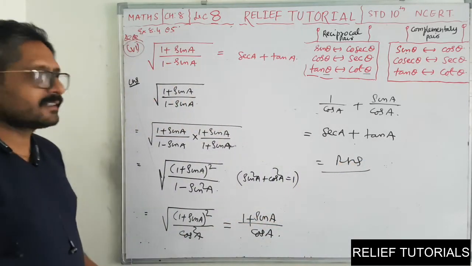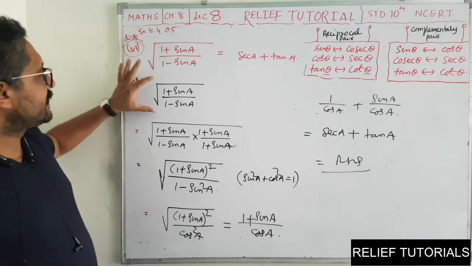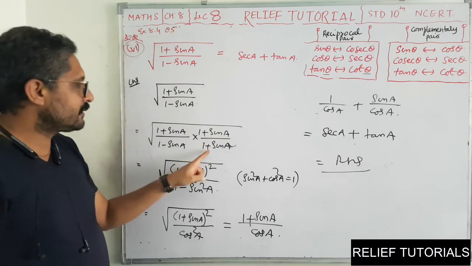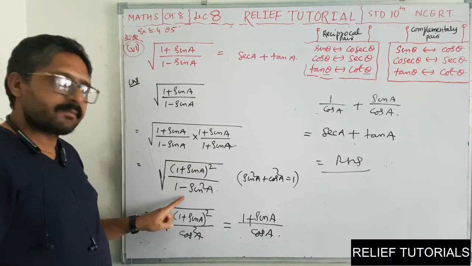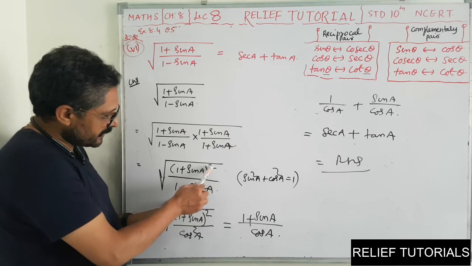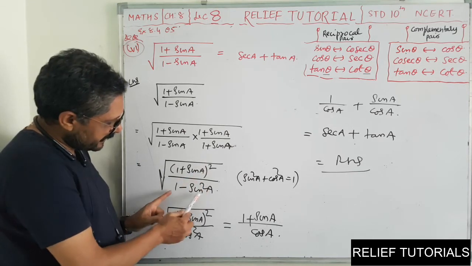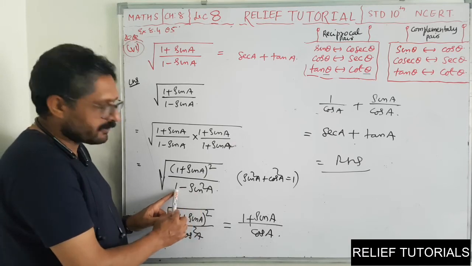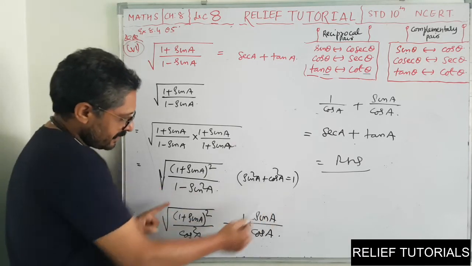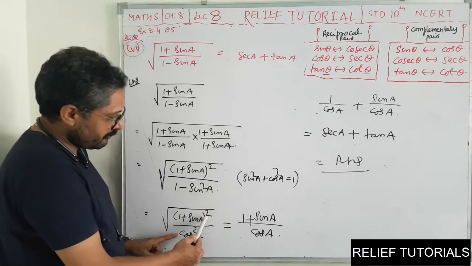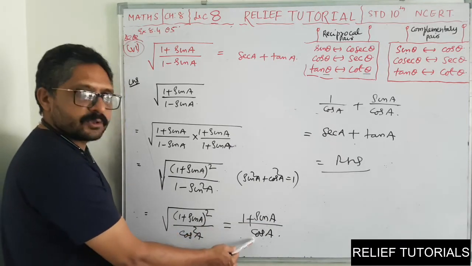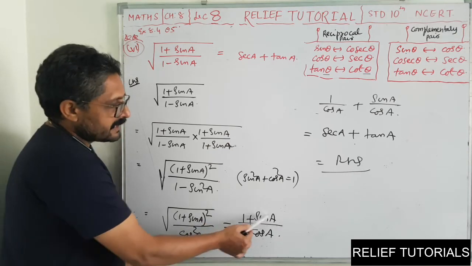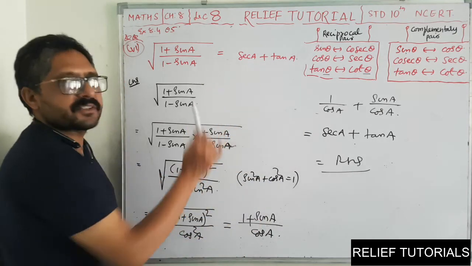So this is our RHS. Have you seen, friends? So look at the problem. There is a root. We don't want root in RHS. So we have to remove the root. In order to remove the root, rationalize the denominator. We have done that here. Our problem is solved here. Why? Because it is a whole square. So I can remove the root and square. But here there is a problem. So a square minus b square, I can't remove the root. But we have used the identity, 1 minus sin square a is equal to cos square a. Now our problem is solved. We can remove the root. But this is not our RHS. So cos a divides both 1 and sin a. So we have done that. So that is our RHS.